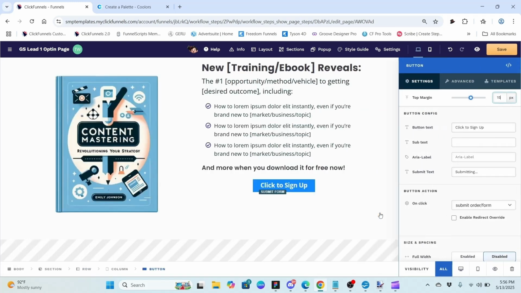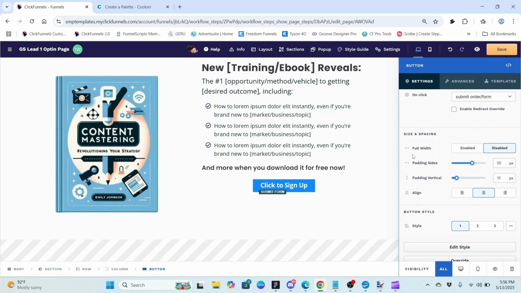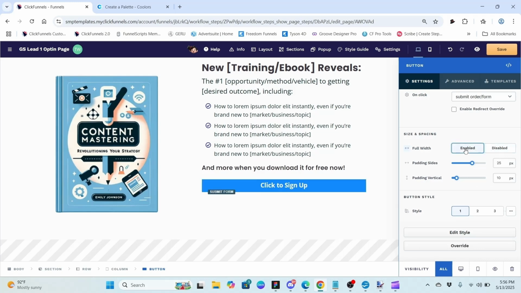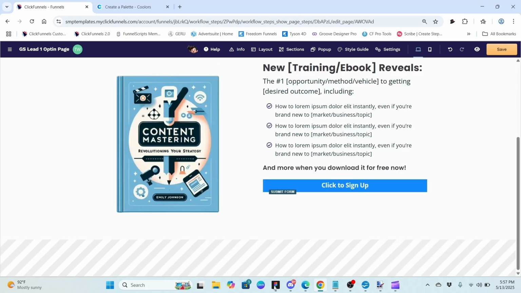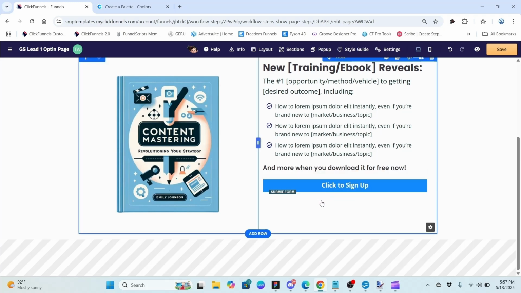What we do to get that is a setting under our size and spacing section called full width. Right now it says disable. So right now the outer perimeter size of our button is being determined by a combination of our font size and our side padding and the vertical padding to a small degree. If we click enable, then it fills up the whole thing. Now we need to style it a lot more, and we will. But this way we have our button there,